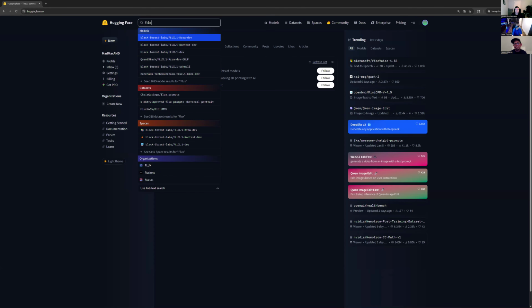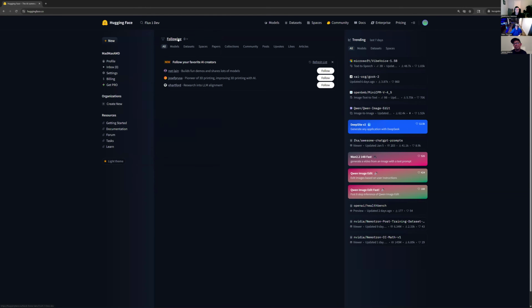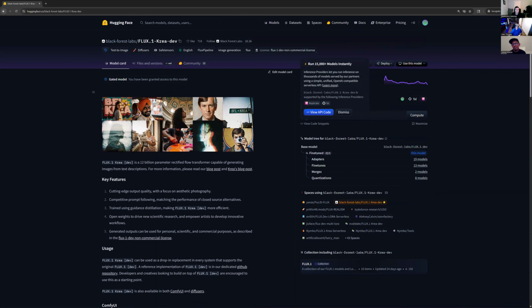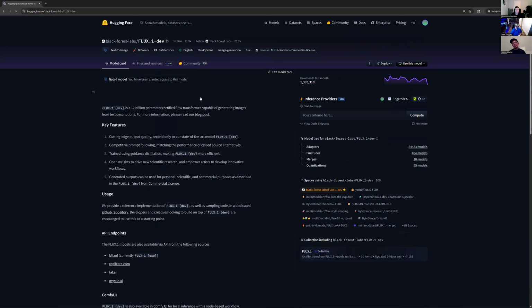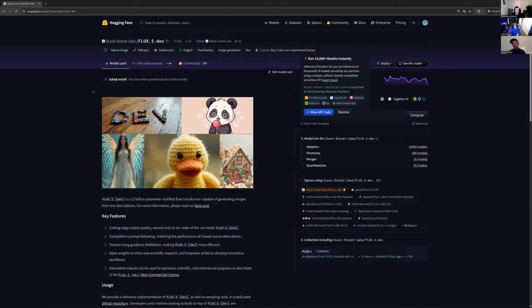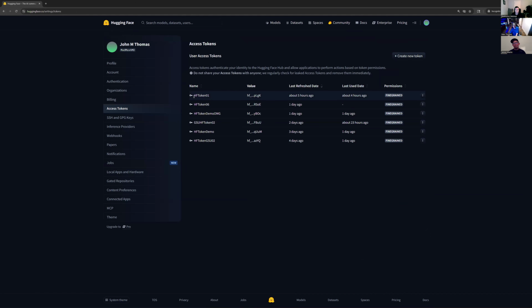I'll show you what that looks like so you can just ensure. Come up here and type in Flux One dev. Actually, sorry, we don't need Krea, we just want regular. Let me show you this really quick. Once it says gated model, you have been granted access to this model. Another tip: when you're naming your access tokens, don't put any dashes or spaces or make these names really long, or it can cause it to fail the authentication and not download all your models